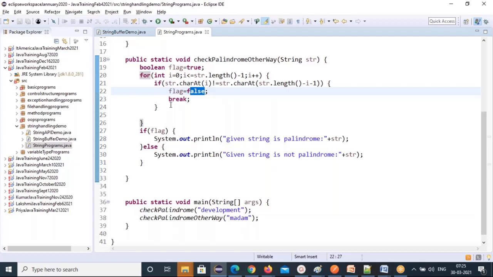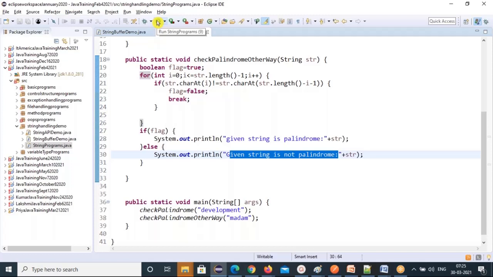Automatically you can see you don't need a further iteration. So you can skip automatically. You can simply say the first character and last character are not matching. Immediately you can say you don't need further iterations. Unnecessary waste of looping, and you can reduce it with this break command. It will exit and simply say, okay, flag is false, it will come here and the given string is not palindromic.